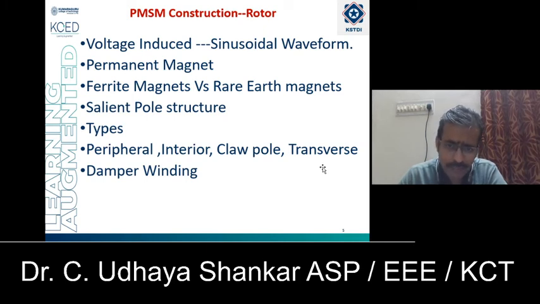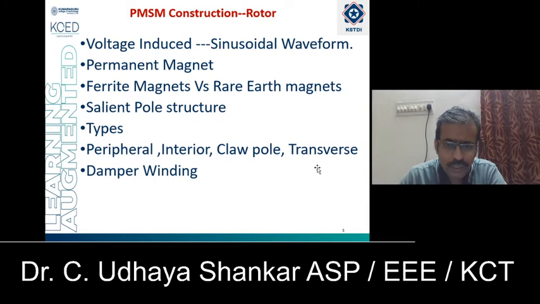Sometimes rare earth materials like cobalt samarium magnets are also preferred, but they are quite expensive and are used only where reducing the volume and weight of the motor plays a very vital role in a particular application. Many permanent magnet synchronous machines may be physically cylindrical, but electrically the permanent magnet is equivalent to a salient pole structure. Actually, the permanent magnet poles are inherently salient type.